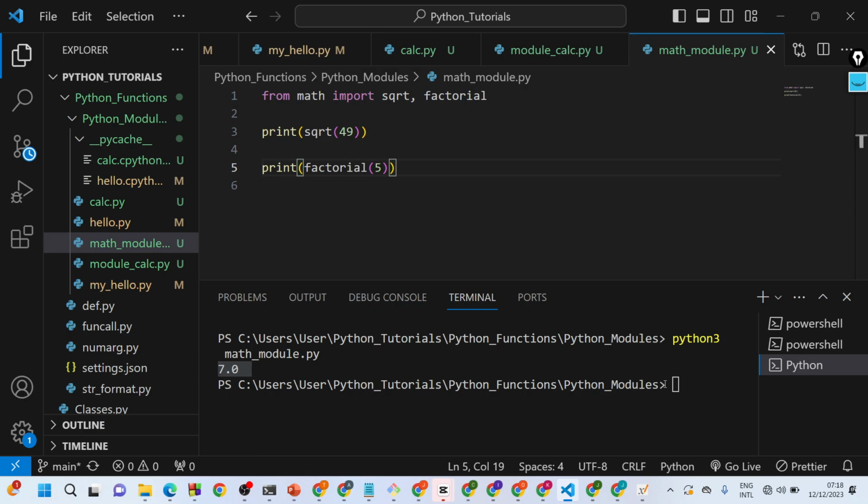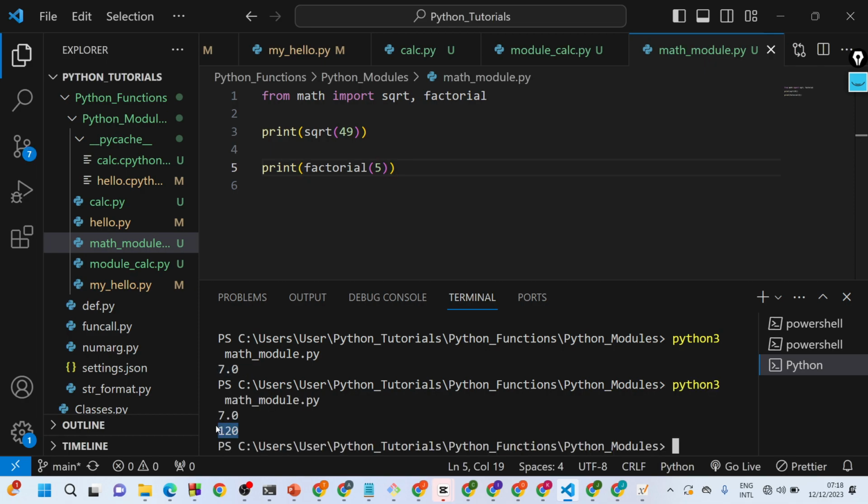Okay, so if I run it again, what's the factorial of 5? Just take a guess, and that should be 120, right? Factorial of 5 is 120. Let's see if that's what we are going to get. All right, so as you can see, it rightly prints out 120 as the factorial of that number. Let me comment this out so that we just have that alone. So come back here,